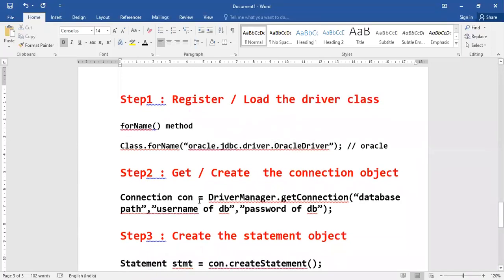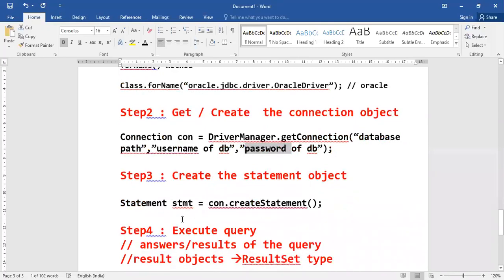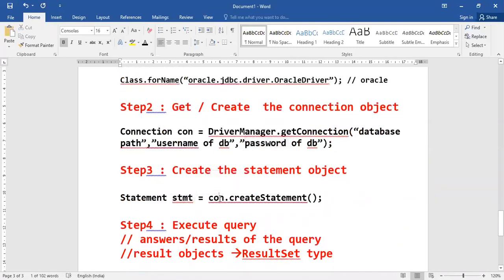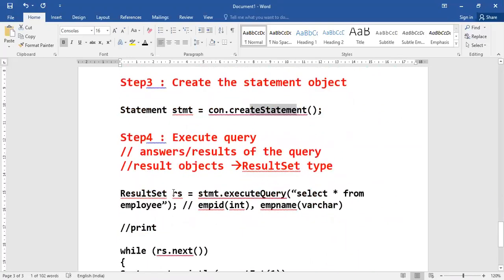Now you're going to create a connection. 3 parameters: database path, database username, database password. And then you create a statement, con.createStatement. Now, once you have created a statement, you need to execute your queries.